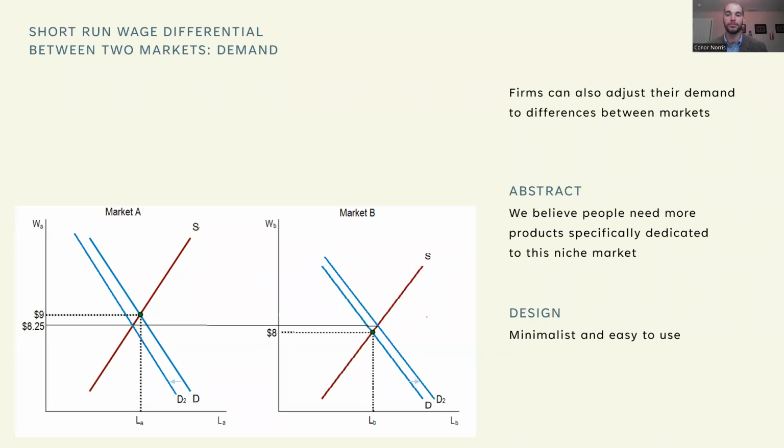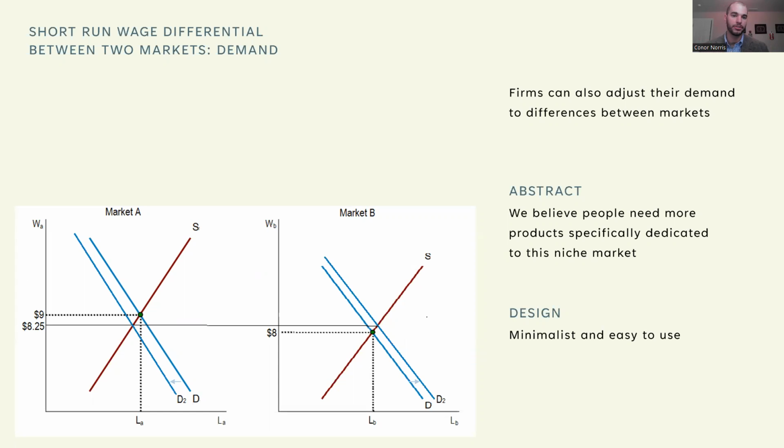Because low skilled workers command lower wages, companies have an incentive to figure out how to use lower skilled employees in production. Typically, it's going to be in earlier stages of production, but that's not always the case. Here we have graphs with, again, market A and market B, showing how changes in demand can reduce or eliminate these wage disparities. So as demand for low-skilled workers in market B begins to increase, so we move from demand curve D to D2,